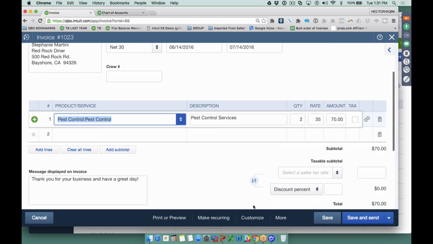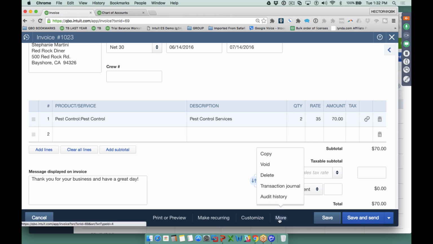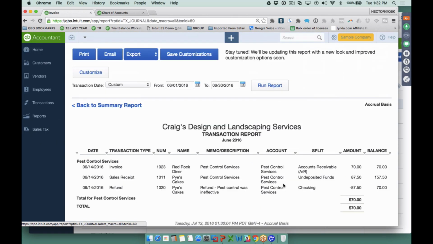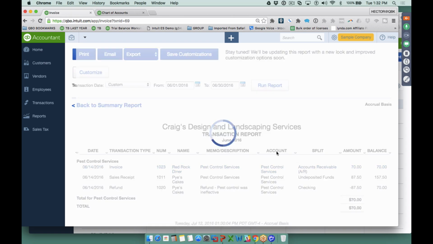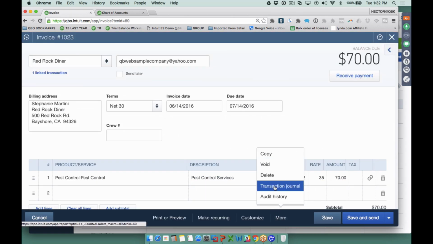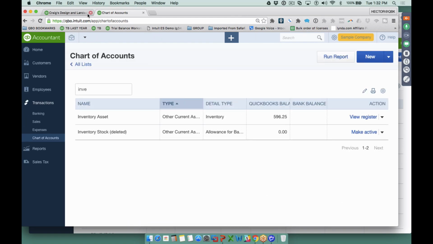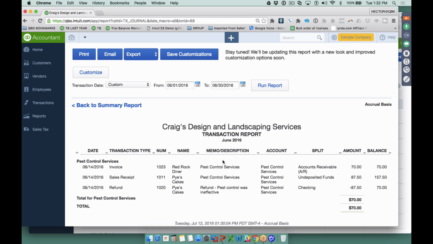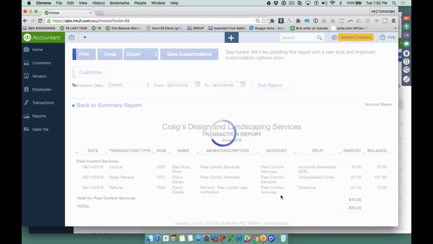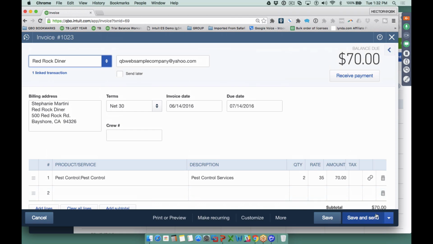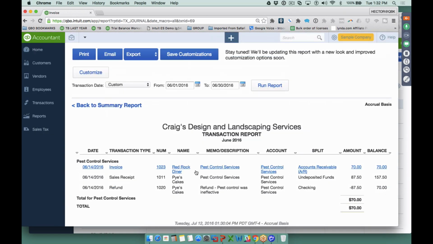So let me show you something here real quick. If you click on the More button and you click on Transaction Journal, you get to see the internal debits and credits, per se, of the transaction. Oops, let me go back into it. Invoice, and let me click on Transaction Journal. It's not pulling up for some reason. Maybe because I'm in a sample file, it's not letting me. But if you're in the invoice itself and you go into Transaction Journal, you get to see the debits and credits. And basically, in a nutshell, what I wanted to show you is those $70 are hitting this income account